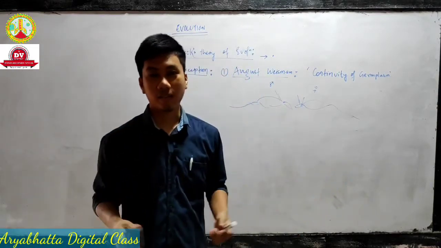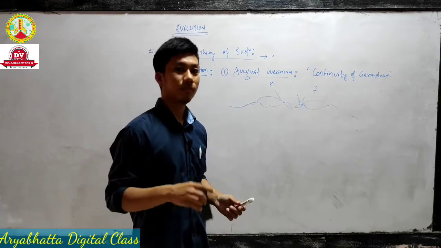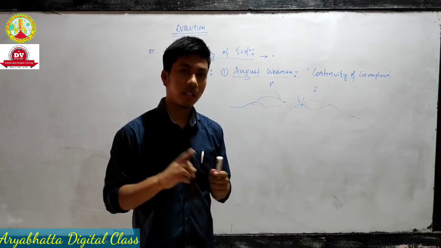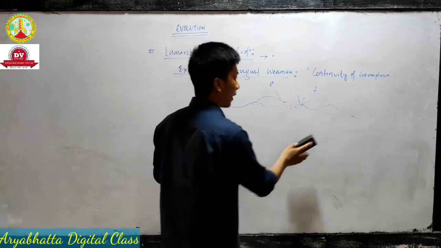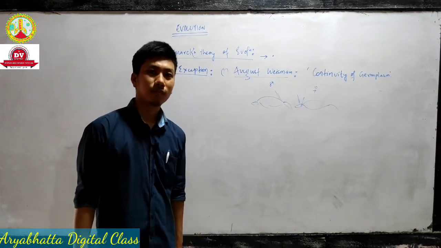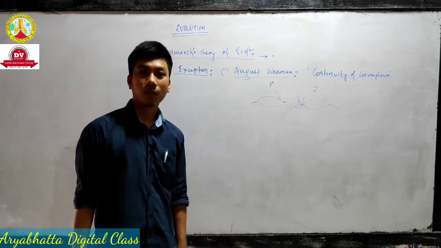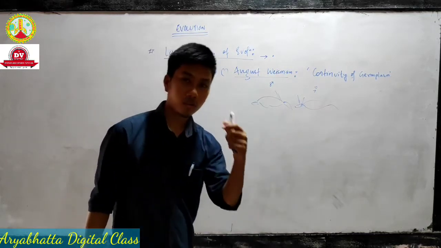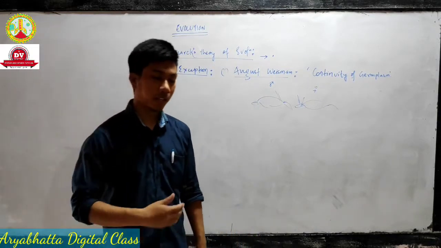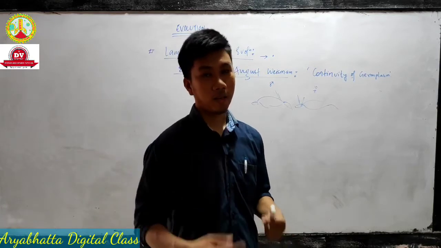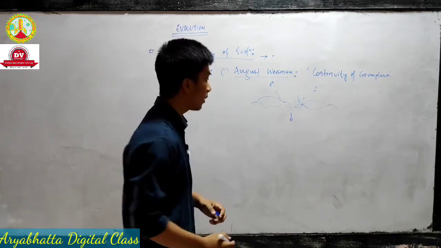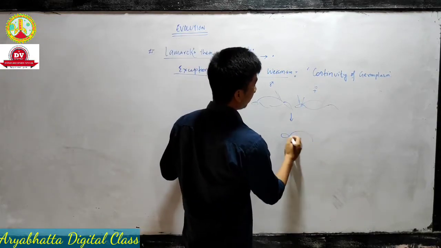So mice has a tail, right? So he took male and female mice. He cut the tail of both the mice and allowed them to reproduce. After cutting the tail of male and female, he allowed them to reproduce. Now the offspring, the next generation he observed, was mice with tail,